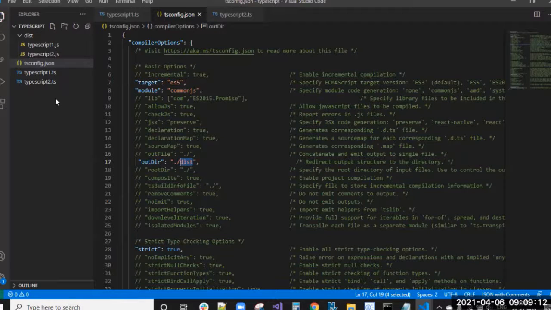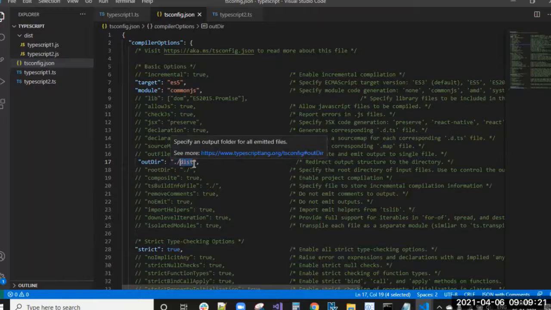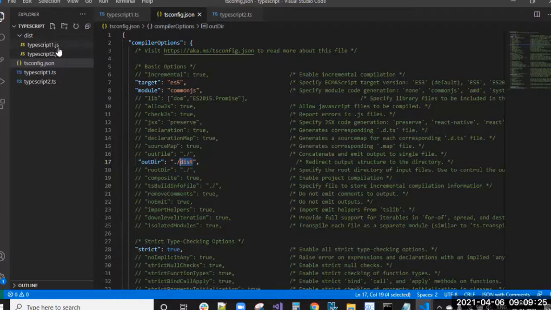So always edit in the TypeScript .ts files only. Don't edit the JS files. You can ignore them also, and maintain all those JS files in a separate folder, like the dist folder. Inside the dist folder I got TypeScript 1.js and TypeScript 2.js.